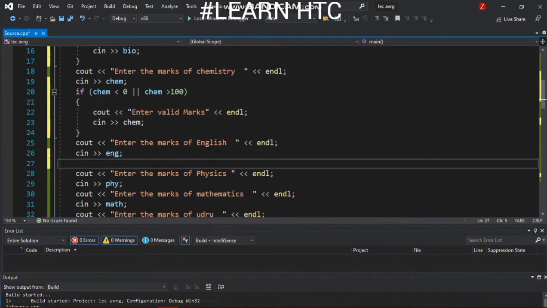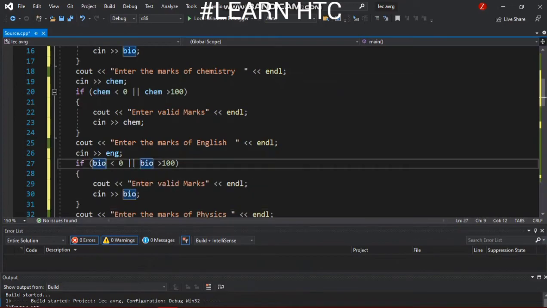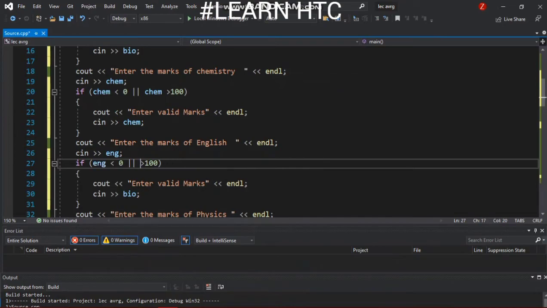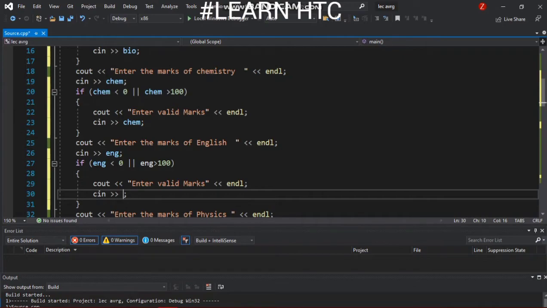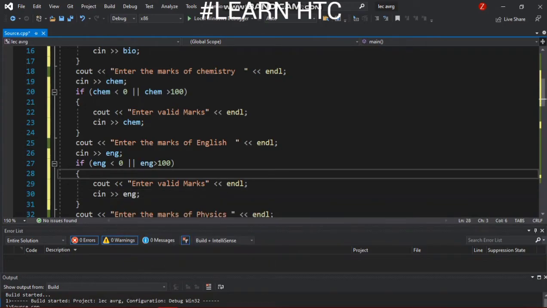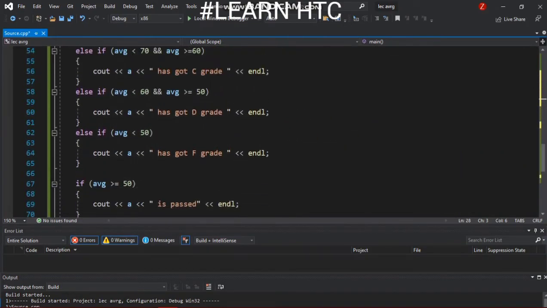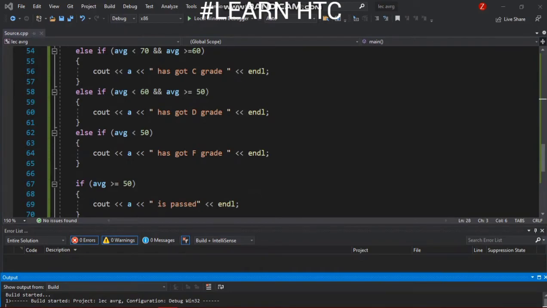For now we have to use only conditional statements. I hope it's enough. You can understand and then apply it yourself to all other subjects. You can check whether it's working or not.